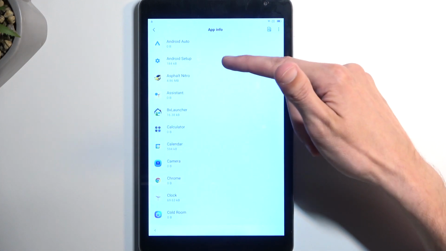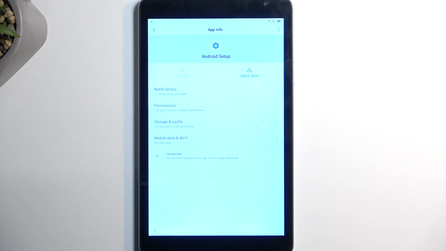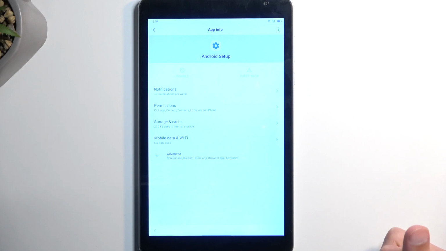we're looking for Android setup, which is right at the top. There is only one, I assume. Yep, sometimes there's two. And here you want to simply select force stop and OK. Once that's stopped, we're going to go back,